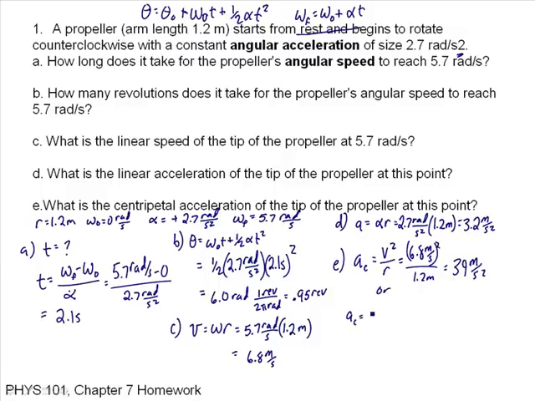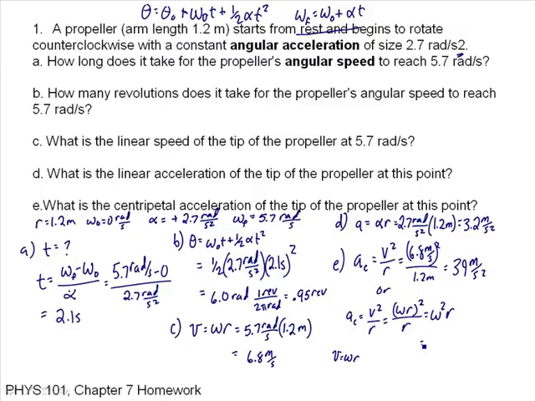The centripetal acceleration is v squared over r, but I know, as an aside, that v is equal to omega r. So I can just plug that in. So it's omega r squared over r, which is omega squared r. So that's an alternative definition for the centripetal acceleration based on the angular velocity instead of the linear velocity, depending on what you have. So omega squared r, omega at that point is